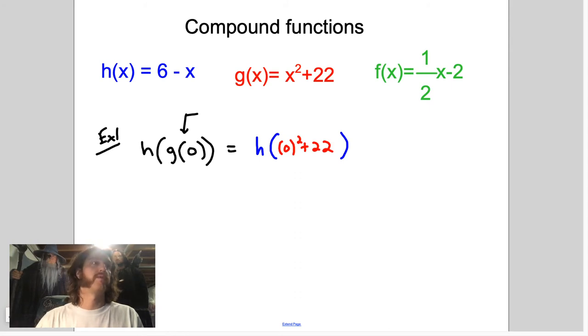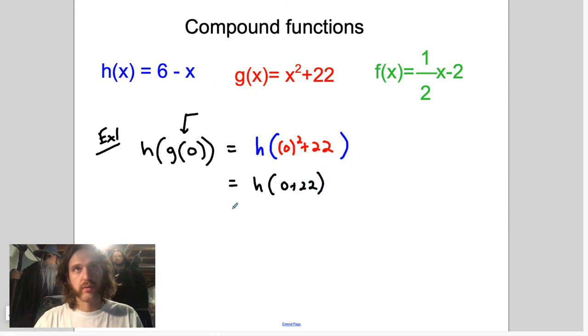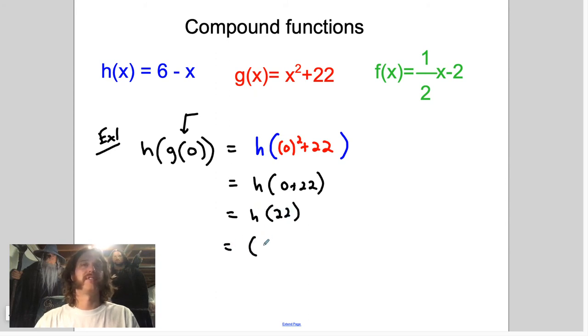0 squared plus 22. So now we're going to simplify that on down. So that's h of 0 squared is 0 plus 22. H of 22. Oh, hey, I know what g of 0 is now. G of 0 is equal to 22. So now I can take 22 and I can send it to h. I'm going to send that off, and that's going to be 6 minus 22,